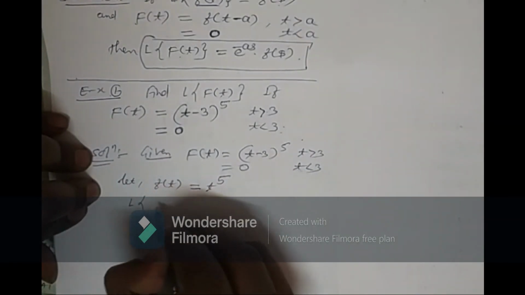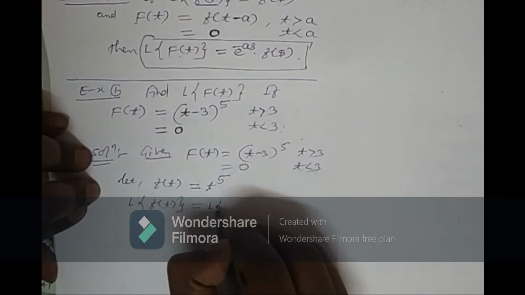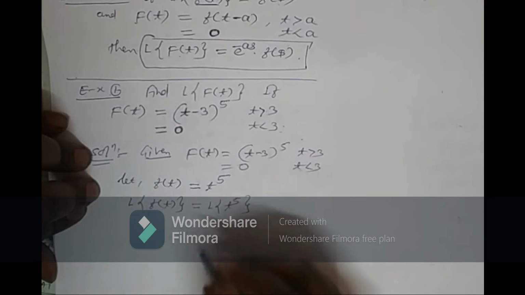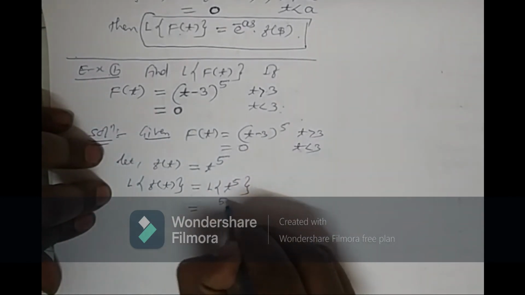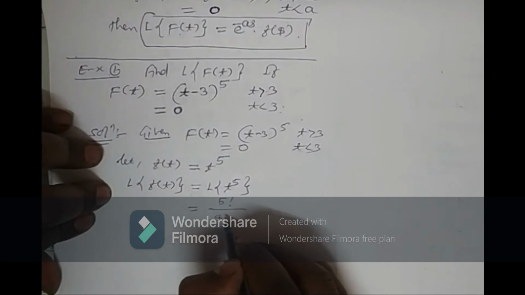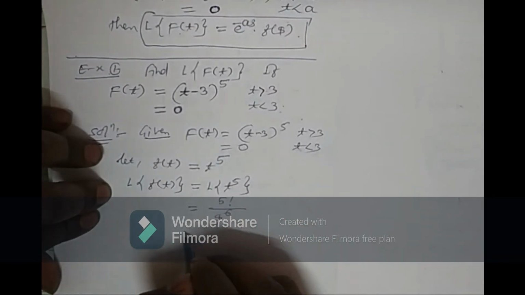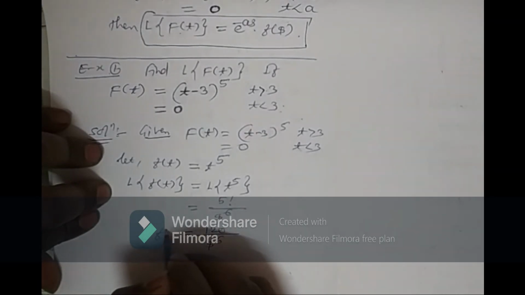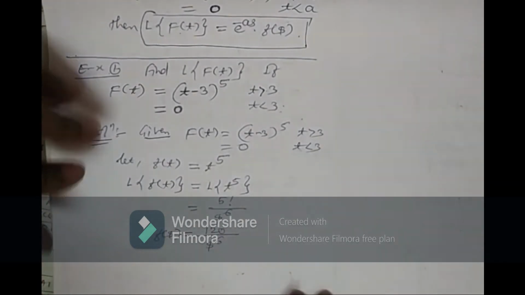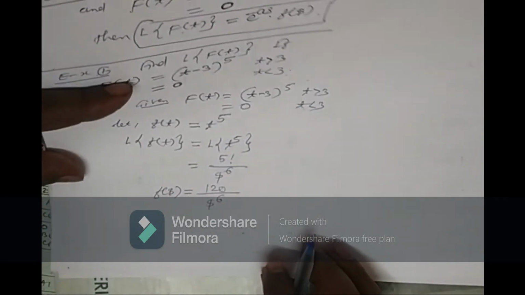Maybe you know how to find Laplace transform of this. So Laplace transform of f of t is equal to Laplace transform of t raised to 5. And what is Laplace transform of t raised to 5? 5 factorial upon s raised to 5 plus 1, that is 6. And what is 5 factorial? 5 factorial is 120, divided by s raised to 6. So this is the value of F of s. Now by using the second shifting property,